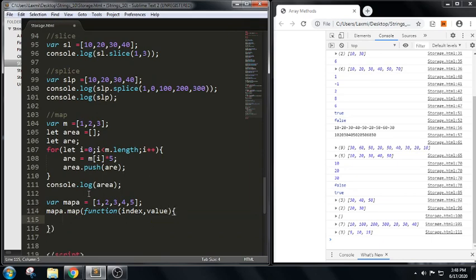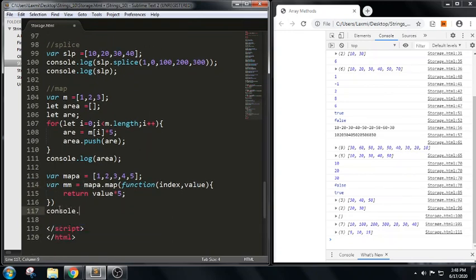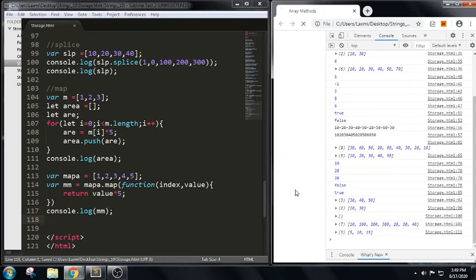In the same way we are trying to perform, and here I am trying to write return value star 5, value star 5. Now if I want to echo this, I am just trying to write the same thing in console.log. I will try to elaborate the syntax also.